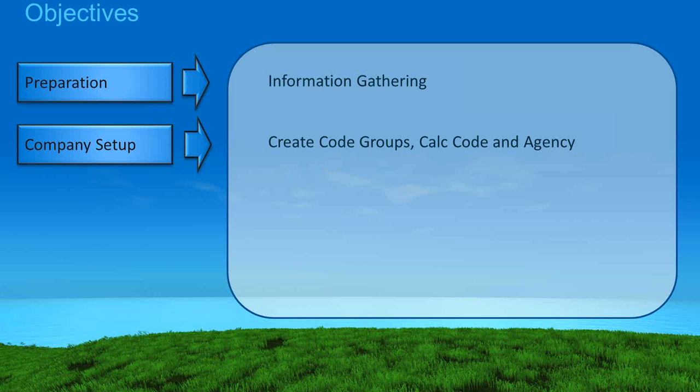Typically, if you're using a code group, you're going to have a calc code that works from that code group. In Millennium, if you create a code group such as 4KEE, you can create a calc code under the company deductions tab. There's an option for calc codes, and create a new calc code where the code is simply the percentage sign 4KEE, and M3 interprets that as a percent of that code group.